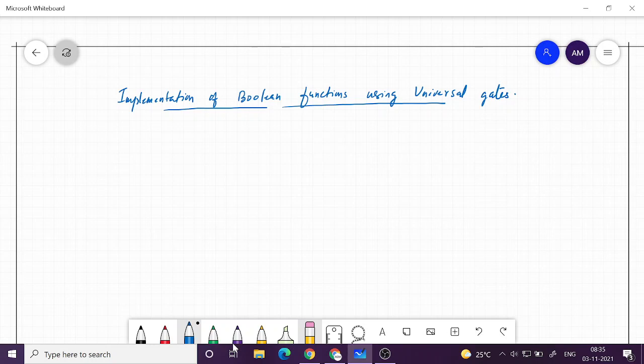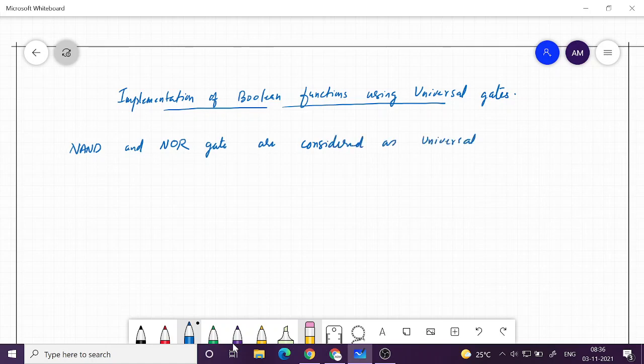Apart from this two-stage implementation, we can also implement any Boolean function using only the universal gates. Now probably you are aware that NAND gates and NOR gates are considered as universal gates.